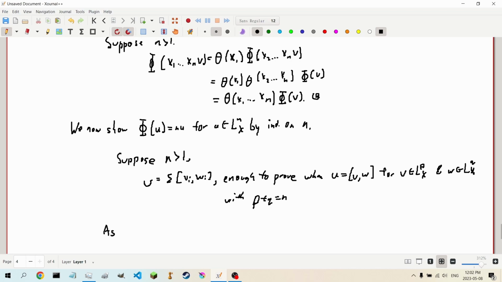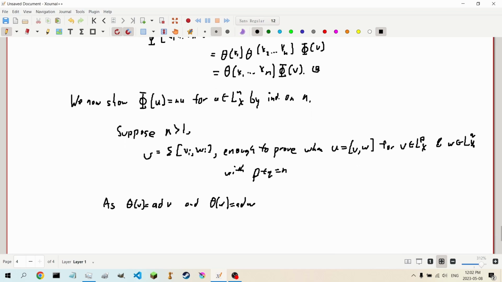My indenting's all over the place, I'm sorry about that. As theta v is the adjoint representation of v, and theta w likewise, and we get that